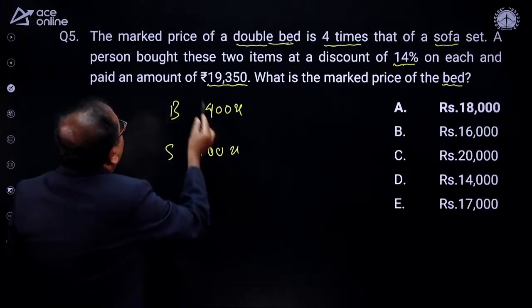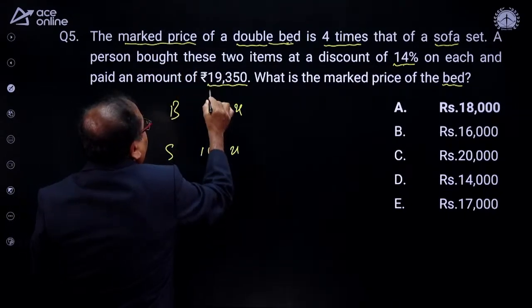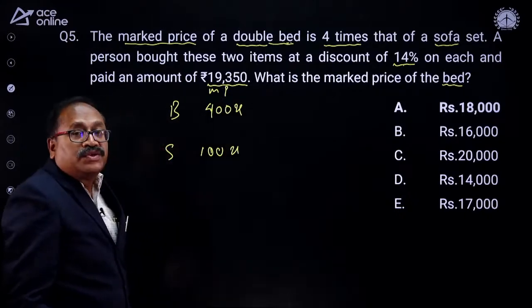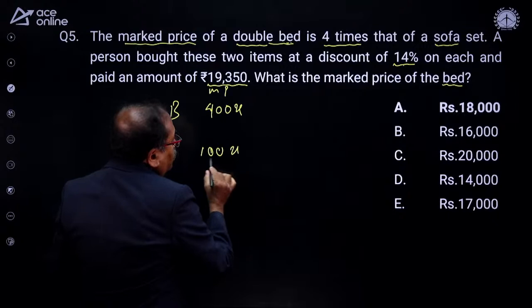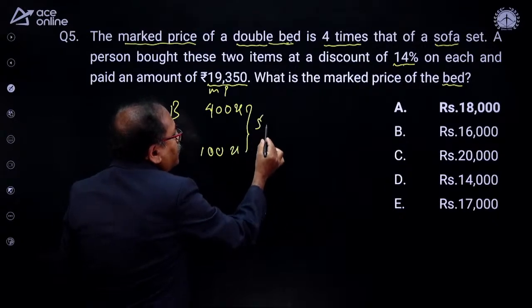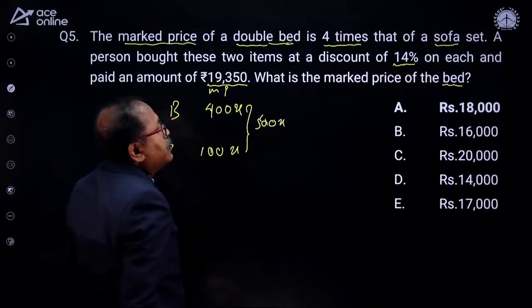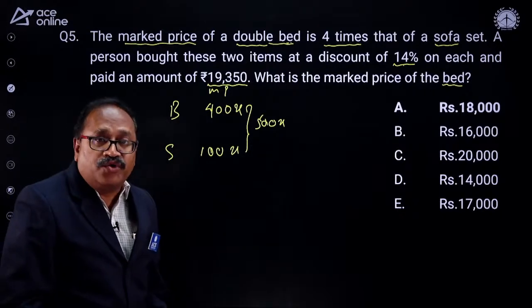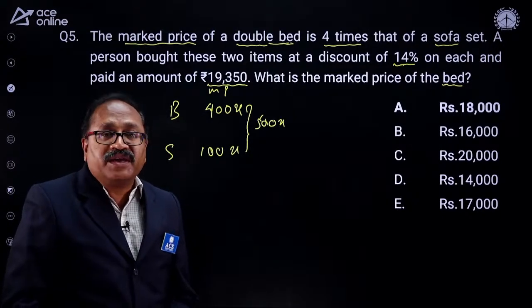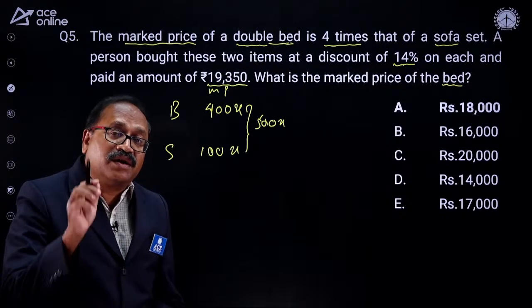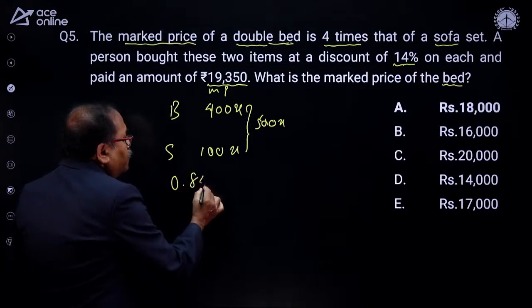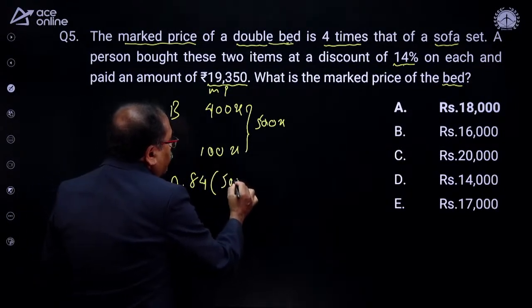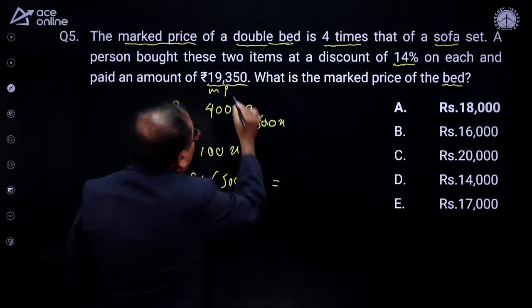And this is the marked price. Both have a 14% discount on them. That means I can find it out. The total is 500x, and on 500x there is a 14% discount. That means he is paying 84%. 84% of 500x, right? So in other words, 0.84 of 500x, which is equal to what is given to us,